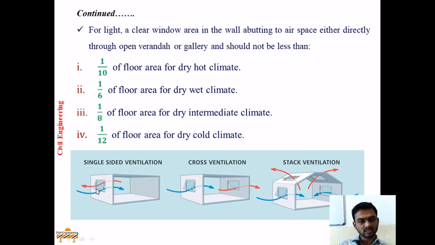Here you can see single sided ventilation, this is cross ventilation, and this one is stack ventilation. Mostly preferred is cross ventilation, where from one window fresh air enters into the room, whereas foul air is pushed outwards through the second window. And where floor height is more than normal, stack ventilation is utilized, where cool breeze or fresh air enters into the room from the windows and the hot air, due to its lesser density, moves outwards from the stack windows provided at the roof levels.